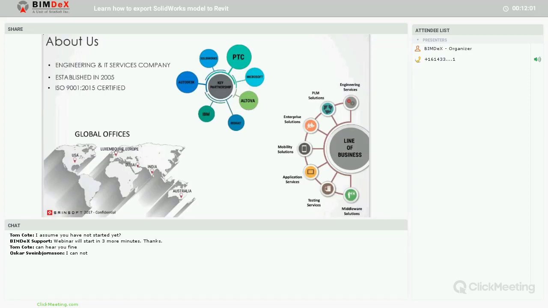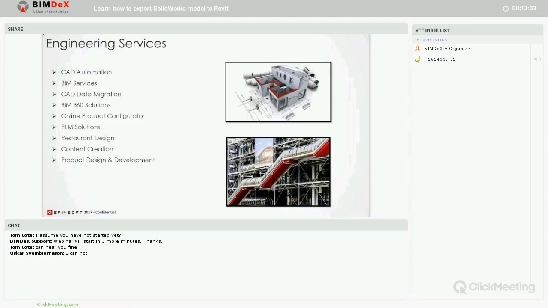With this quick introduction, we will have a demonstration and the presentation of the product, and this explains the services which we do in engineering services. We are more into CAD automation, Revit, Navisworks, Inventor, any of the Autodesk products, and we do BIM services for architectural firms where we work on all the BIM modeling on 4D, 5D, 6D, any of the BIM concepts. And also we have expertise in